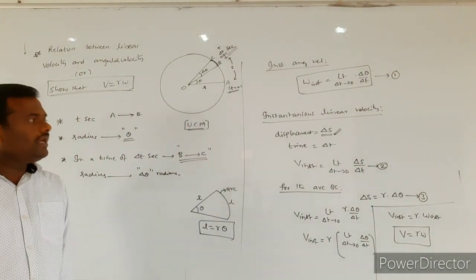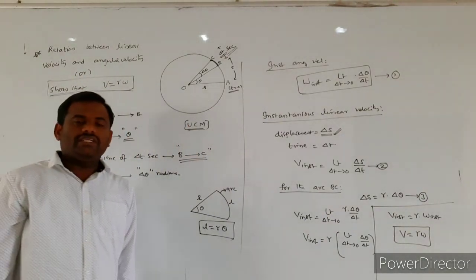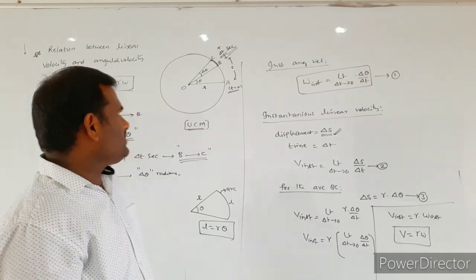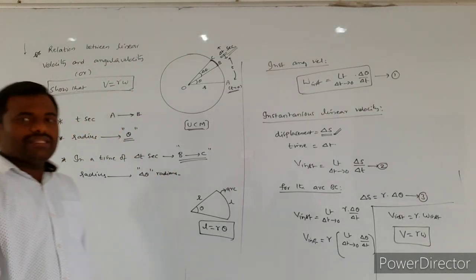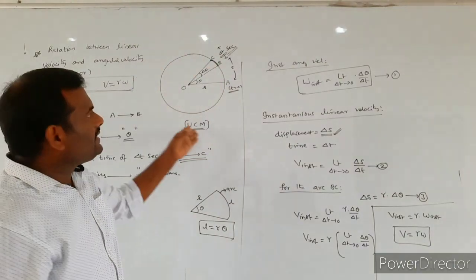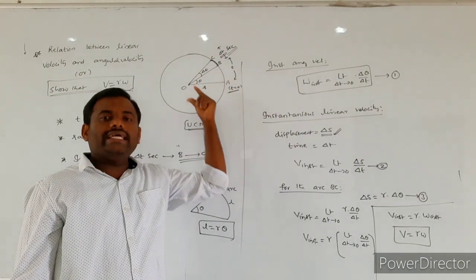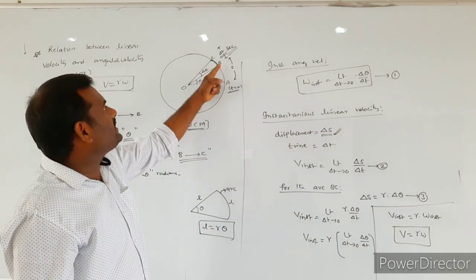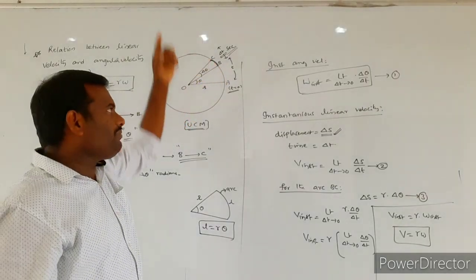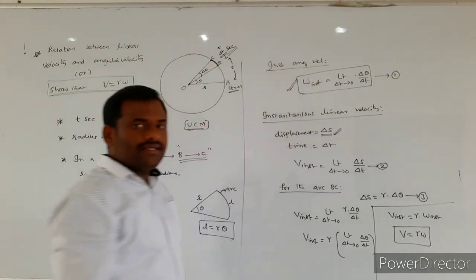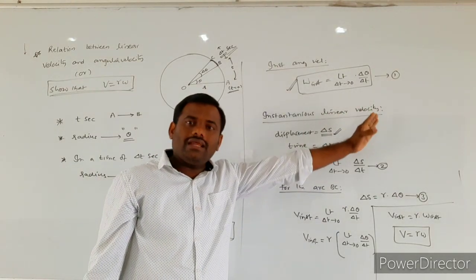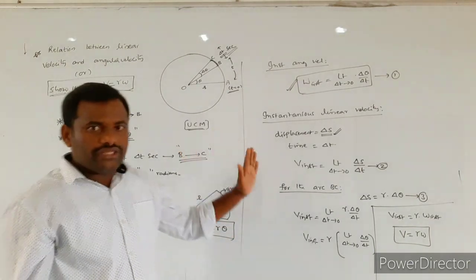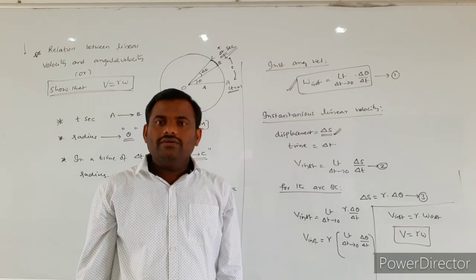V is equal to what? r omega. So this is the complete derivation for the relation between linear velocity and angular velocity. What did we consider here? We assume that a particle is revolving in a circular path. In a time of t seconds, it is displaced from point A to point B. In a time of delta t seconds, it reaches from point B to point C. From that we define instantaneous angular velocity. Again we took instantaneous linear velocity. Again we took the limit concept. From that a simple calculation is there. This is the relation between linear velocity and angular velocity.